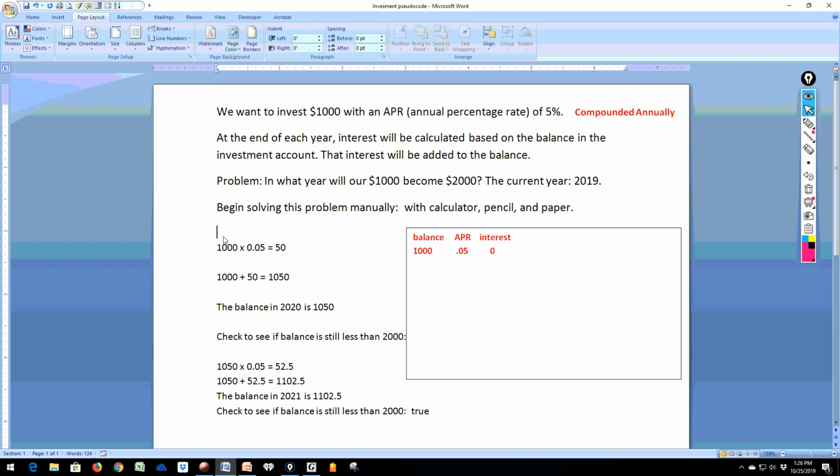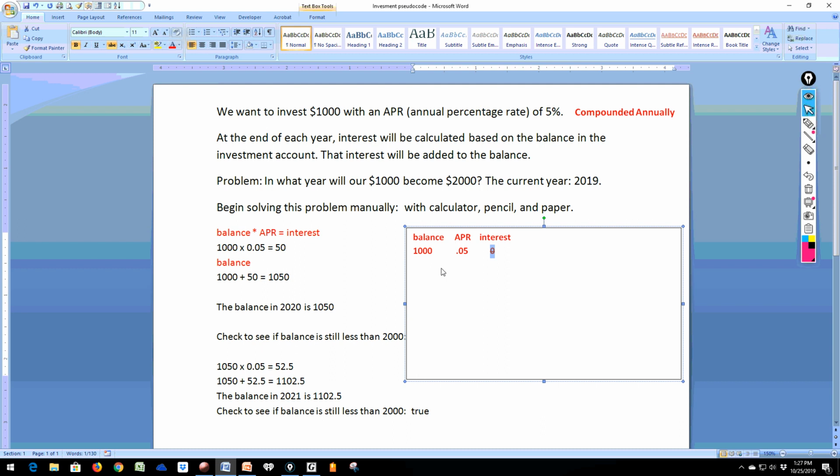When we go over here to this first calculation that we did by calculator, we're going to start writing pseudocode for it, or almost Java actually, but we're going to go balance times the APR is equal to the interest. And then now we go down here and we see that we've got the 1,000, of course, is the balance. And by the way, the interest is going to actually change